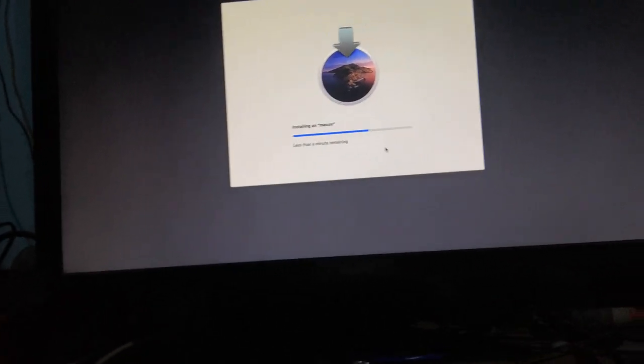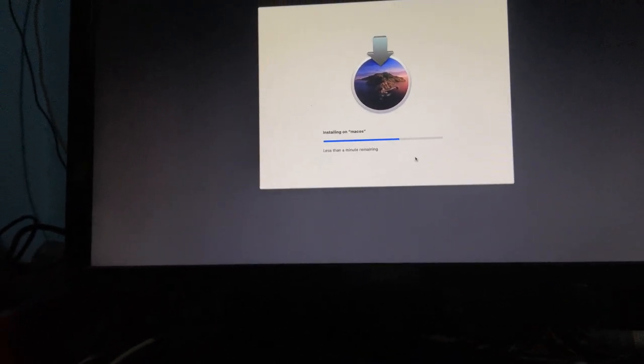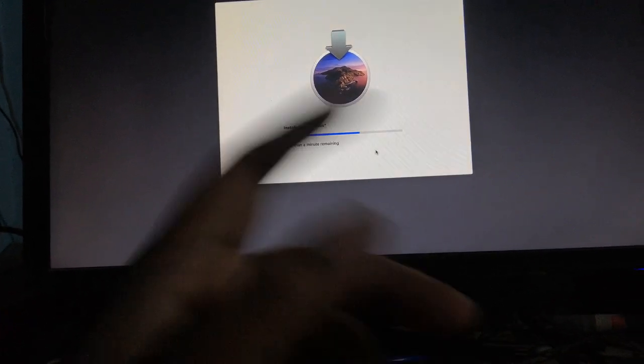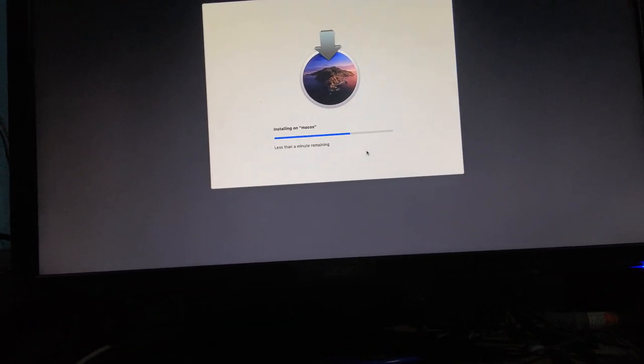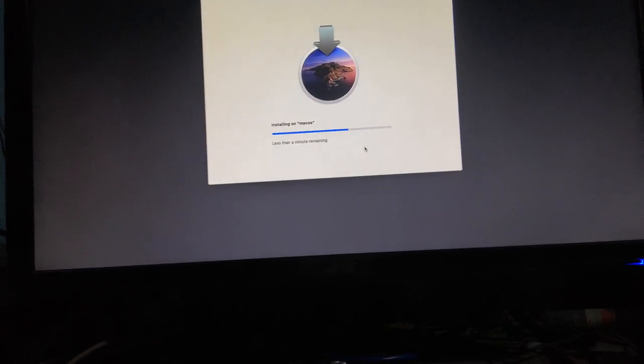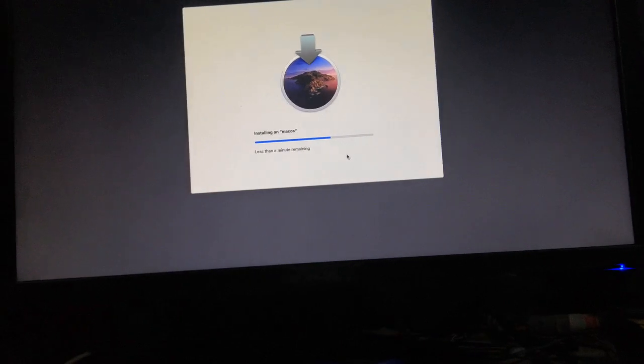for some users it won't install properly, like your internet would not work or your sound drivers, then you have to work around it. I would probably cover that in my other video, but this video is totally on how you could successfully install macOS Catalina on any system that is running Intel i3, i5 processors